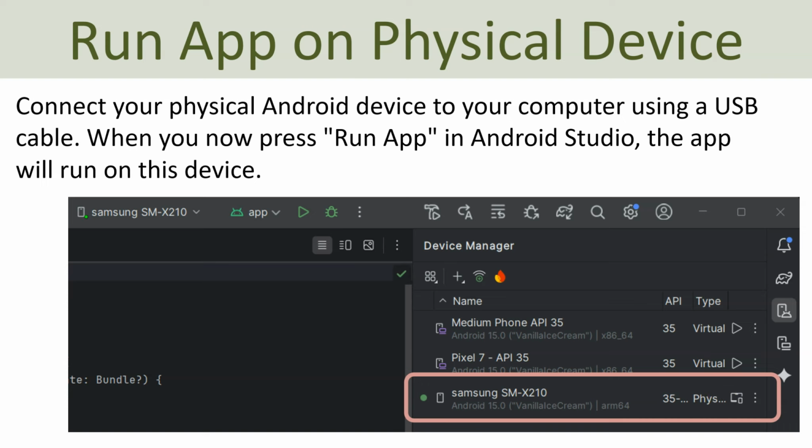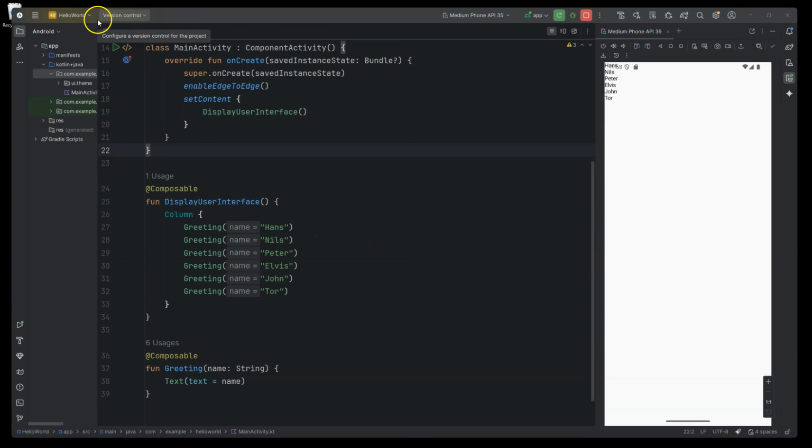So let's see how we can do that in Android Studio. So now we are back in Android Studio and the application we just created, and now I want to test it on my physical device. So now I just grab my physical Android device, which I have here, plug it in using a USB cable to connect it